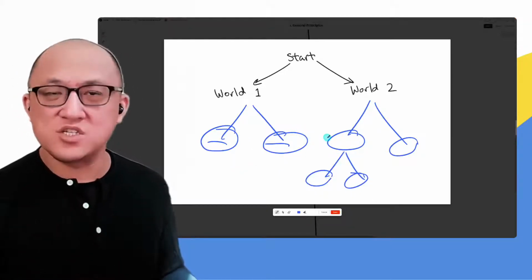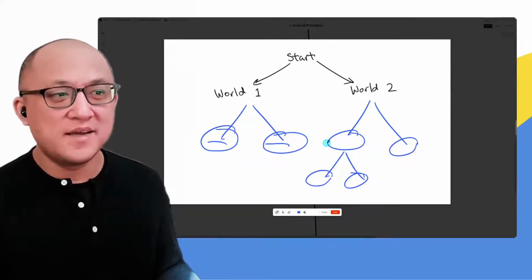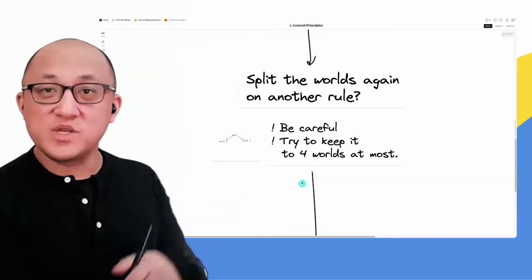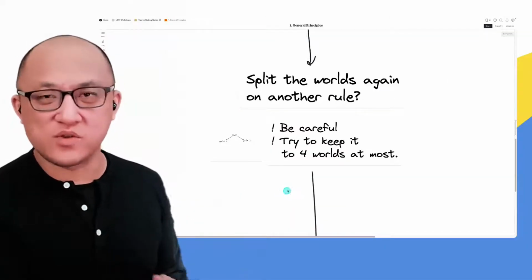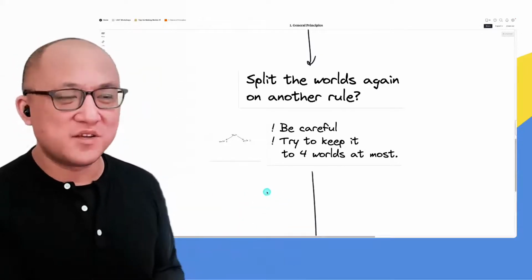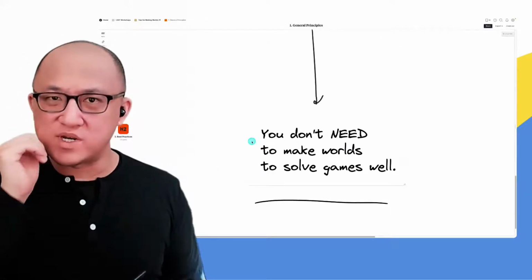Again, you can do it that way. If you're really good at games, you can basically solve games any way you want. But this is where people run into trouble, I'd say. Generally speaking, the point is, let's not draw more than 4. Sometimes 5 is okay. Sometimes 6 is okay. But generally not. And the final point that I want to leave you with when it comes to general principles